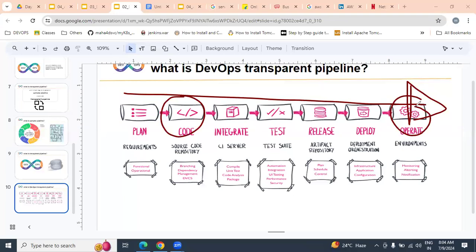Understood? Is the relation between these two clear? Repeat, this point is very important. Getting infrastructure from the cloud, placing our websites on AWS servers. While placing our websites on AWS infrastructure, we require an automated process. That automated process we get from DevOps. That is exactly what today's session is about.